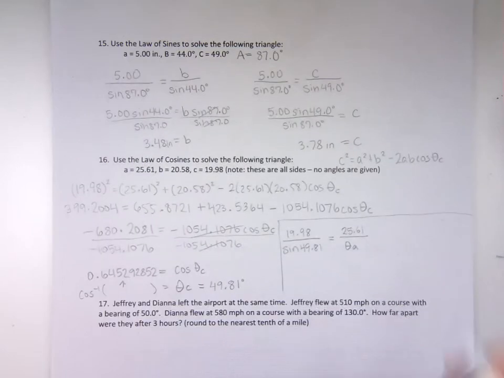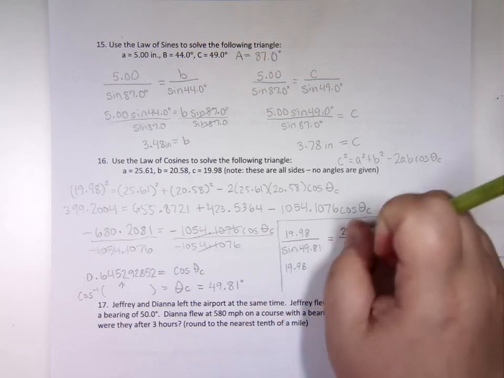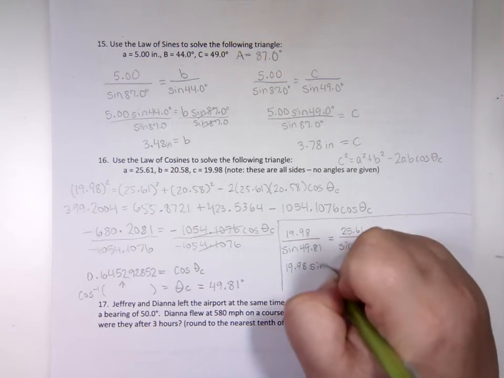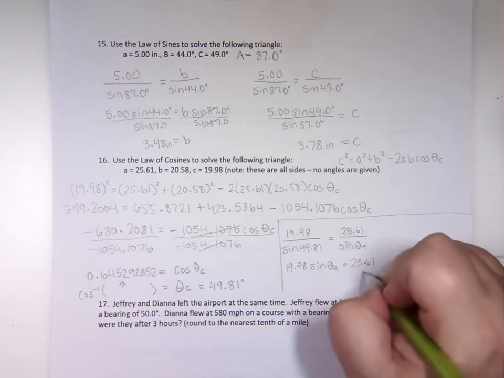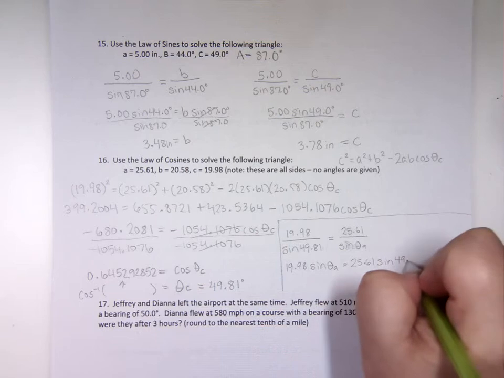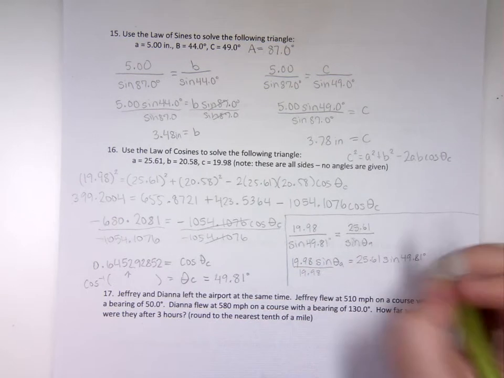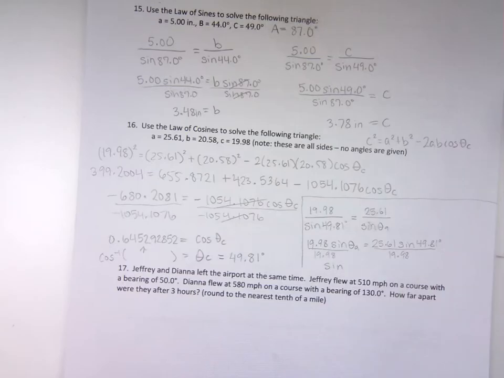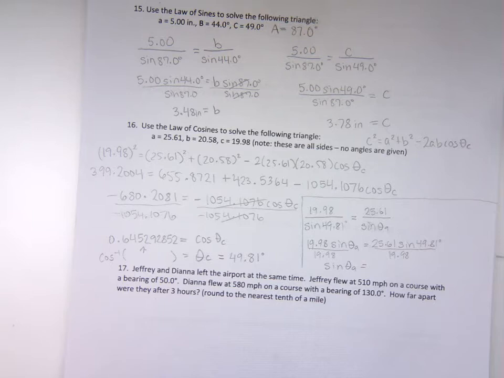So we're going to cross multiply. We've got 19.98 times, whoops, that's supposed to say sine of theta A, times the sine of theta A equals 25.61 times the sine of 49.81 degrees. Divide both sides by 19.98. We've got sine of theta A is equal to